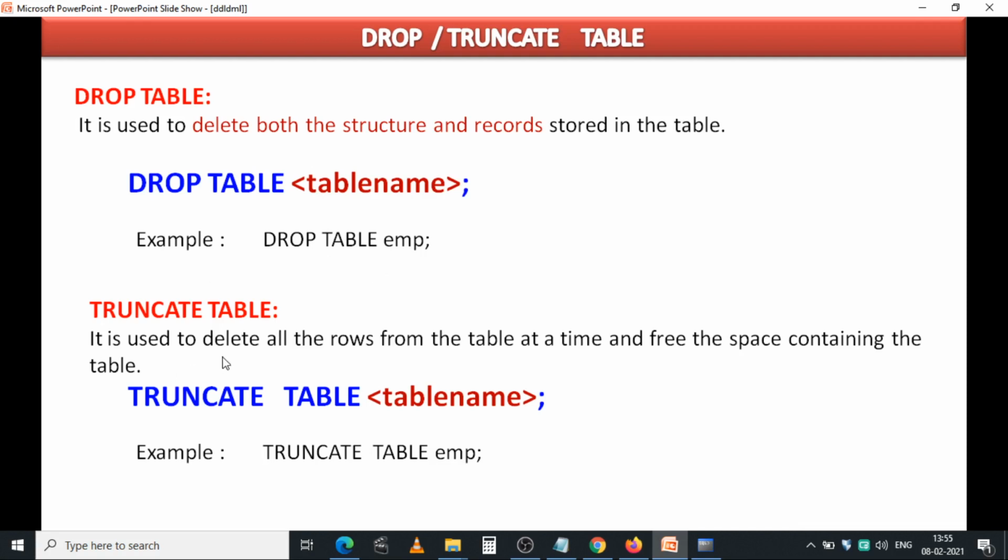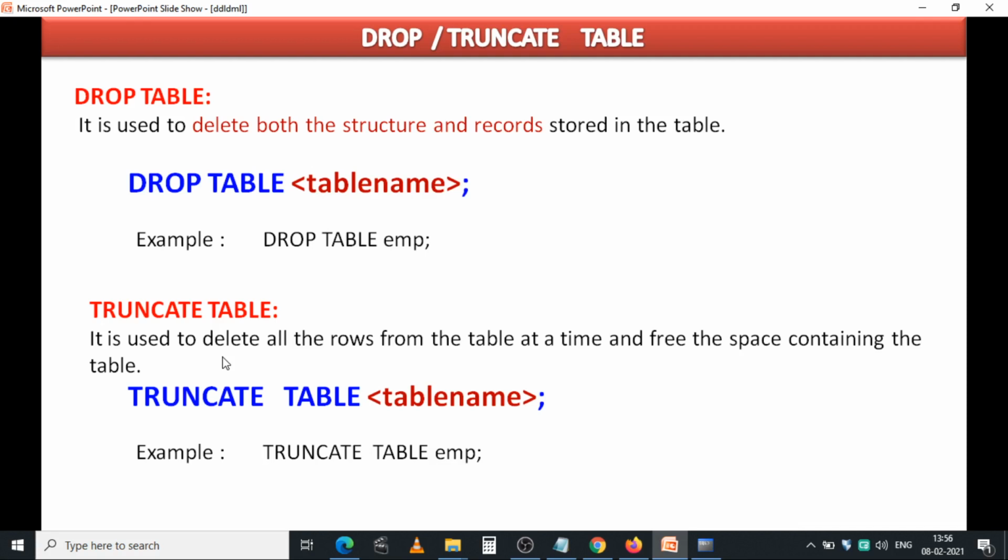And coming to the truncate table. What is the difference between the drop table and the truncate table? Truncate table is used to delete all the records at a time, but it does not delete the structure. It just frees the space containing the table records only.